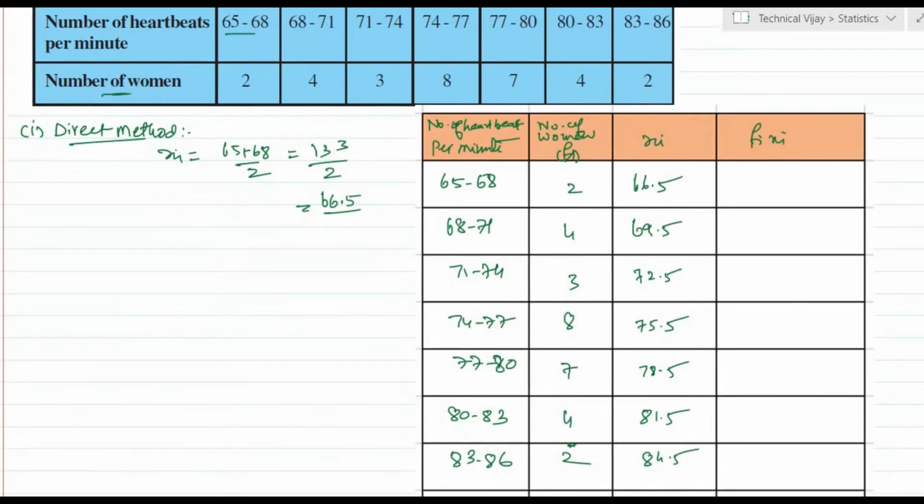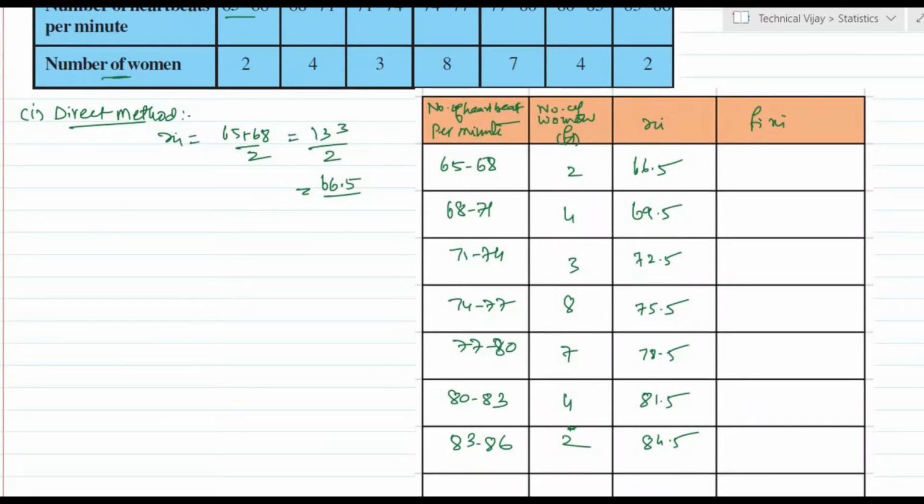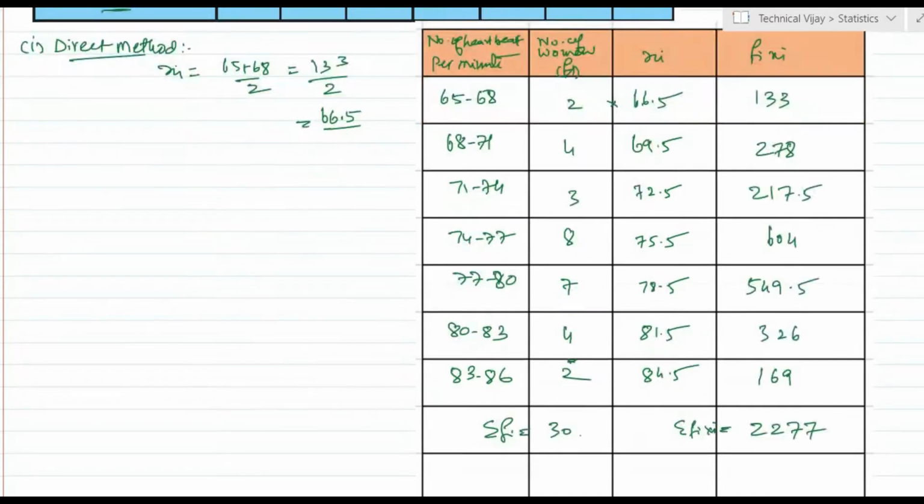Now Fi into Xi we have to calculate. See here the multiplication involves larger numbers again. 2 into 66.5 we have to calculate. Here I have multiplied: 2 into 66.5 is 133, then 278, 217.5, 604, 549.5, 326, 169. Here this total I have added, and it comes to 2277. And here the frequency total is 2 plus 4 plus 3 plus 8 plus 7 plus 4 plus 2,